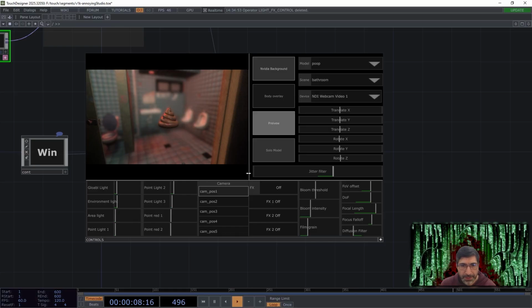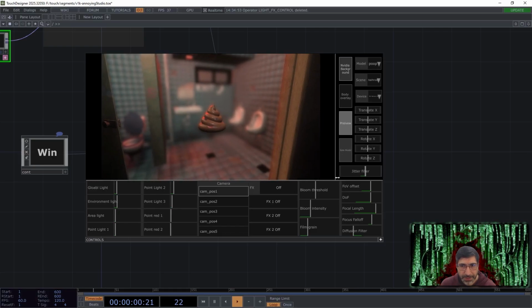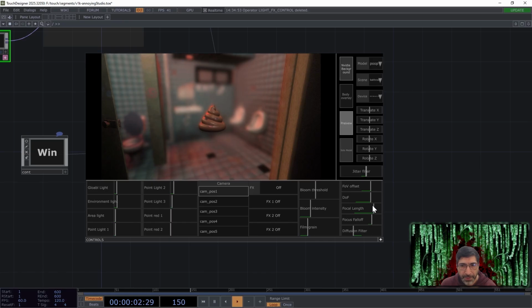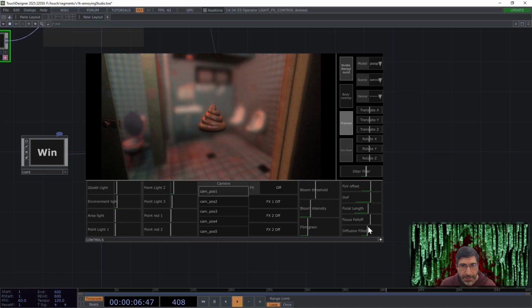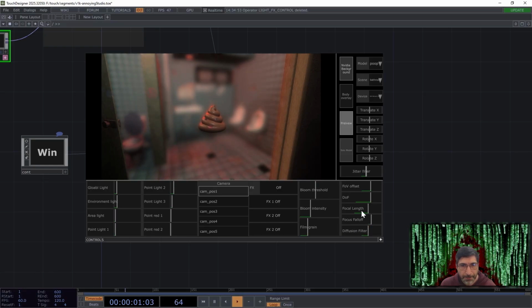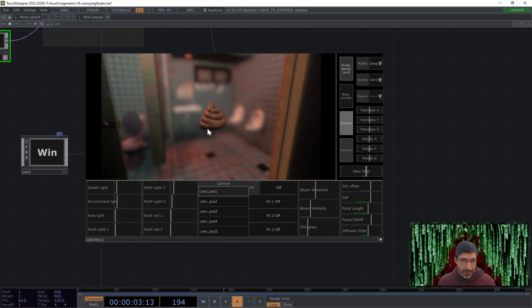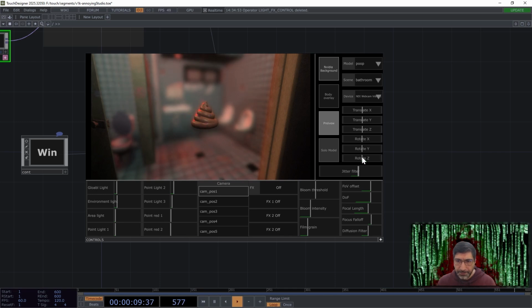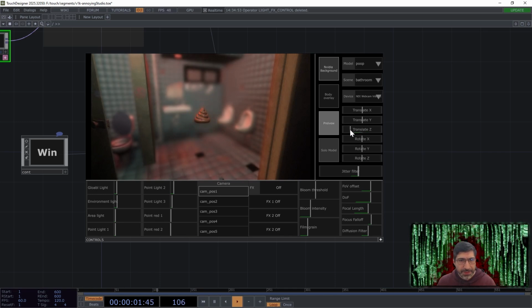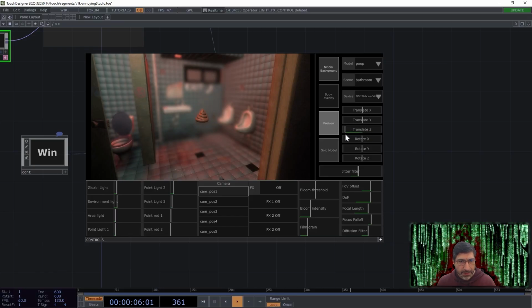Let me go ahead and make this a little bit bigger so it can be a little bit easier to see. Okay, so we got some control here on how the camera depth of field and focus is working. This will also kind of follow the character, meaning if we push him in or out of, oops, wrong one. If we move around in the scene, it focuses on him, on the character. So you can see it pulls focus wherever the character may be,